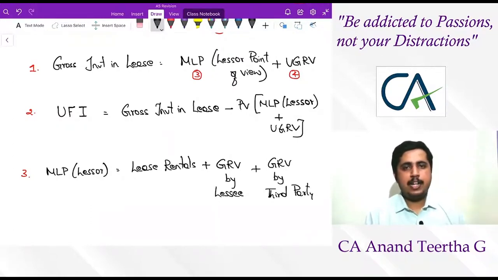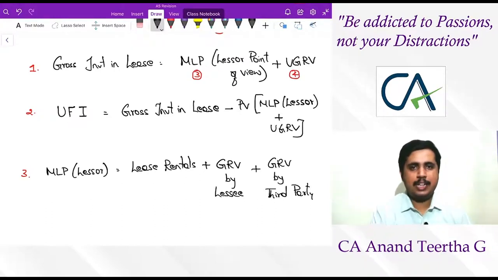Okay, so basically MLP lesser, minimum lease payment lesser point of view. What does it mean? Lease rental covered. Because let's see, whatever lease rental is payable, for me it is receivable. Number one. Second, if lessee has promised a guaranteed residual value, it will be receivable by me. Number two. Number three, if there is any third party who has guaranteed anything for me, then it is even